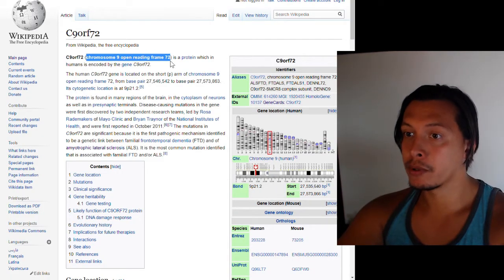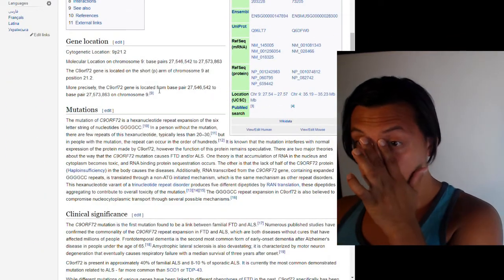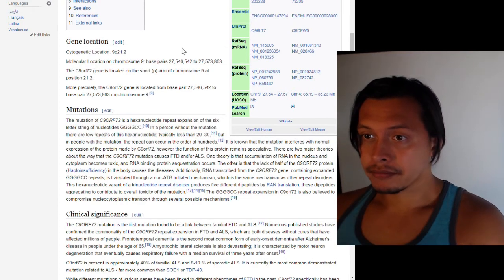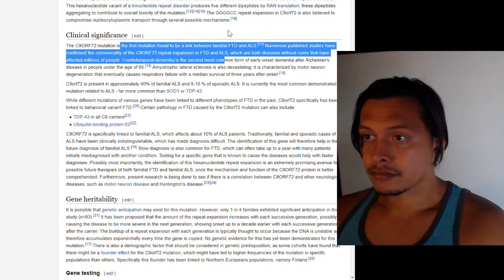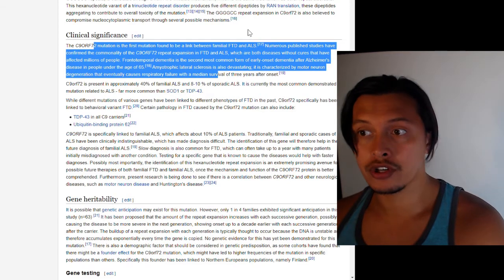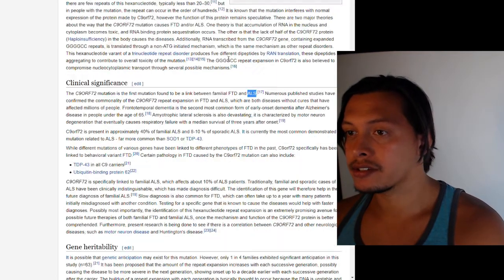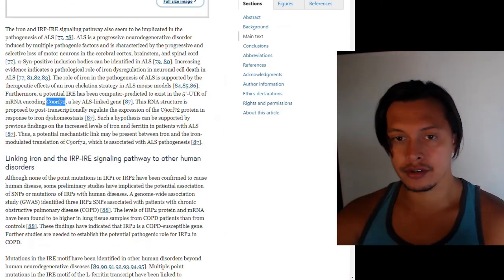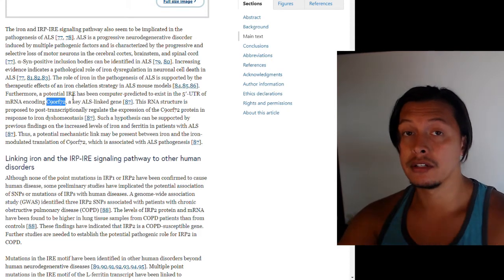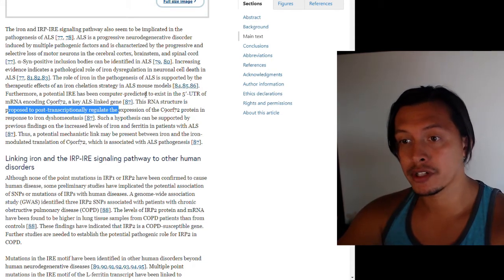Chromosome 9 open reading frame 72 is a protein which in humans is encoded by this gene. There are mutations in this gene that are associated with FTD and ALS. So there is a mutation in some people in this particular gene that is associated with getting ALS. Anyways, this RNA structure is proposed to post-transcriptionally regulate the expression of